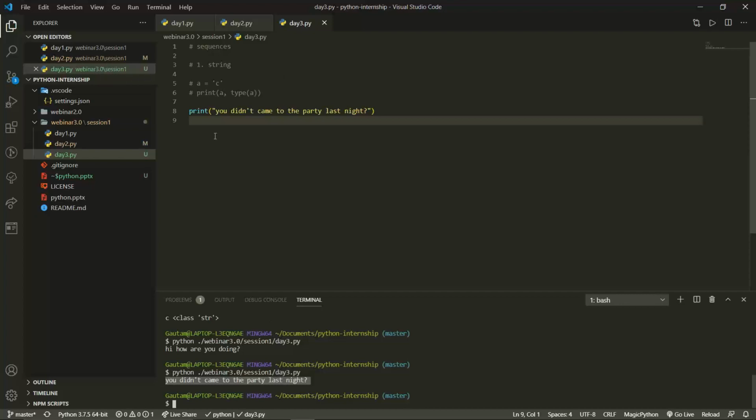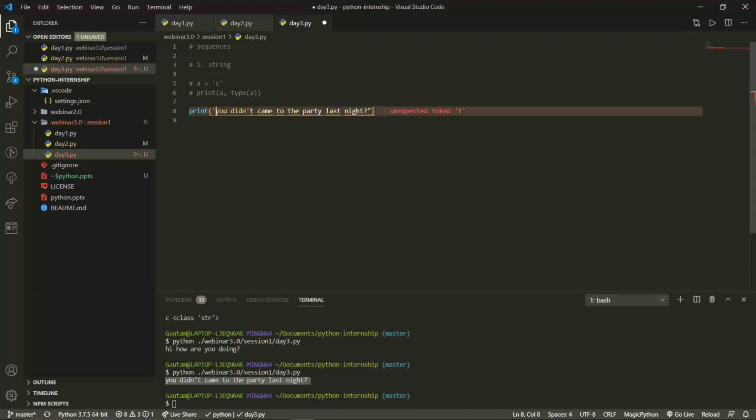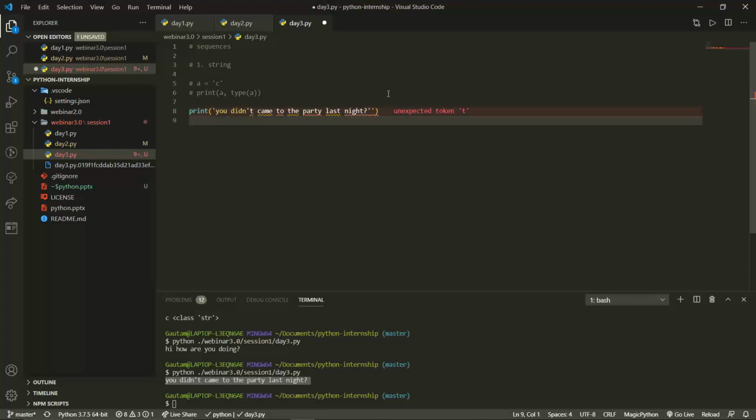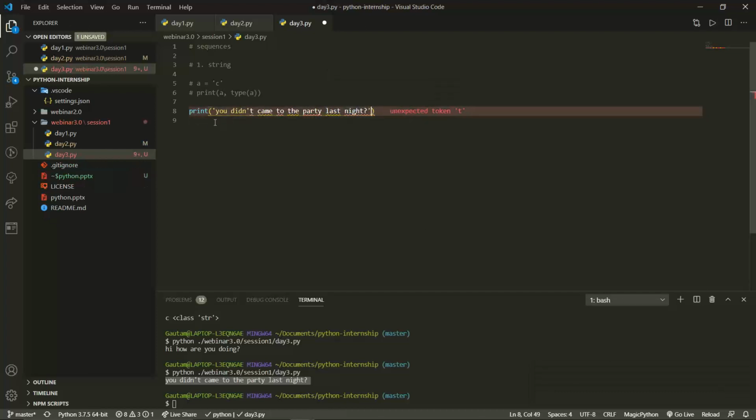Now I will reverse it and try with the single quotes. I will start a single quote and end a single quote over here. Now I will find there are major differences coming over here. You can see when there were double quotes on the outer side, all the statements were correct. But now there is an unexpected token error. Why is this happening? Because when we are using a single quote, inside this string there is another single quote.